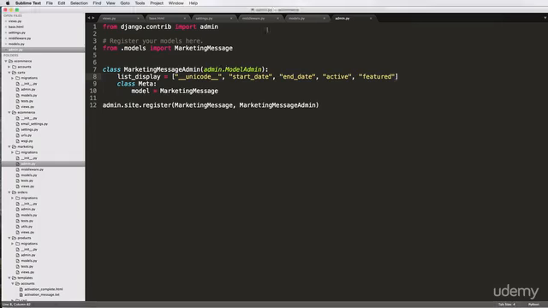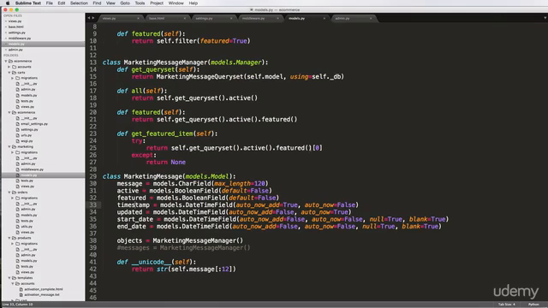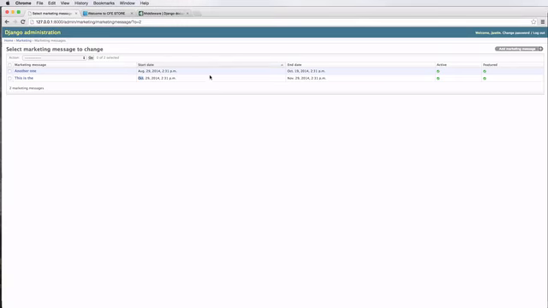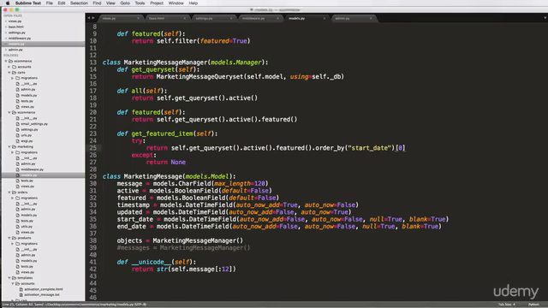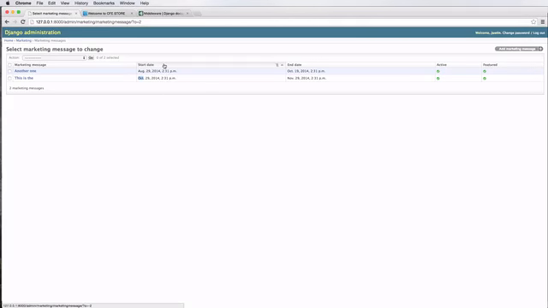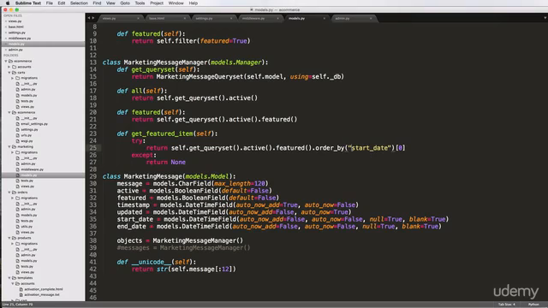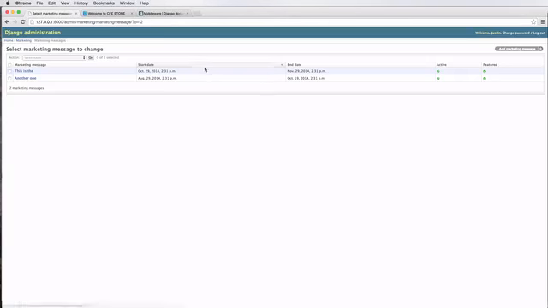So that is signified, if we go into our models, would be order by start date. So right here, this is how that start date is done. It's doing the oldest one first to the newest one last. So if I wanted to reverse it, so if I click on this and I wanted it reversed like that, then I would just put a minus in front of this,